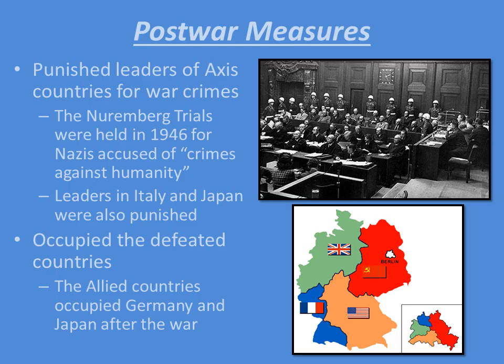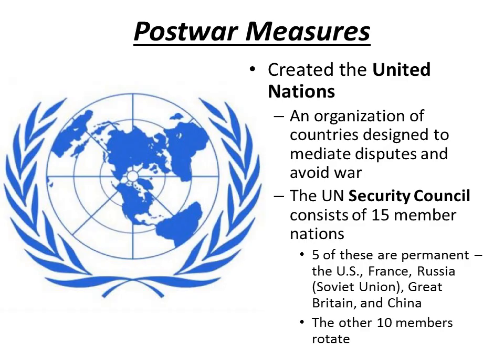The same thing happened in Japan, although not on the Japanese mainland. The Soviet Union declared war on Japan 2 days after the atomic bomb was dropped on Hiroshima and 1 day before the bomb was dropped on Nagasaki. So they were technically involved in the Pacific Theater. The Americans didn't want the Soviets occupying Japan after the war, so they gave them part of Korea, and that was what we now know today as North Korea. So remember this map of Germany because it's going to become very important later on.